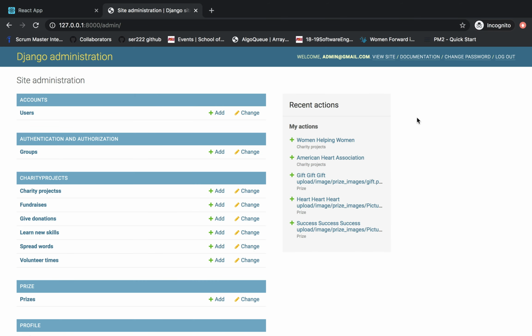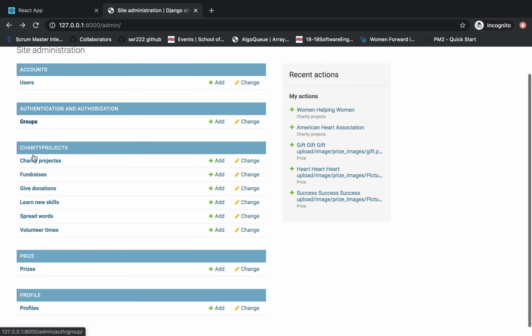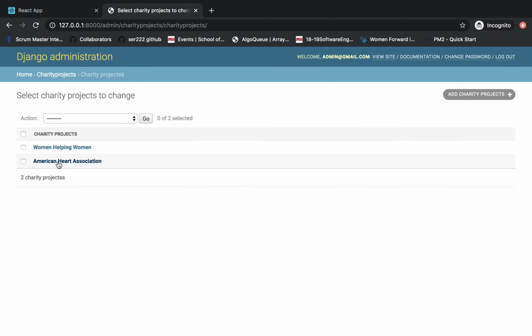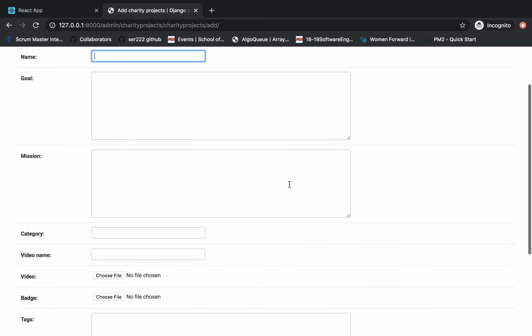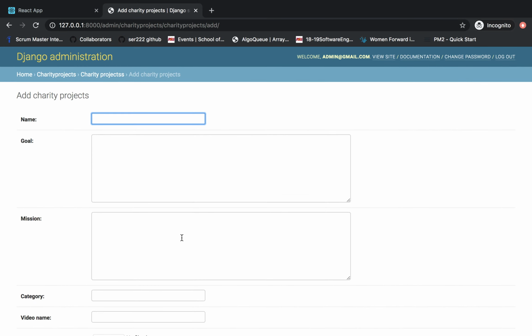The second part is the CMS administration side of the project. As the admin, I can view all this information. If I go here to /admin, I can see all the users that I have. And I can see all the projects, so here are the charity projects that are available. I can create a new project by going to add new project and I can add information. Once I add a project here, the users can see it in the front end of the application.